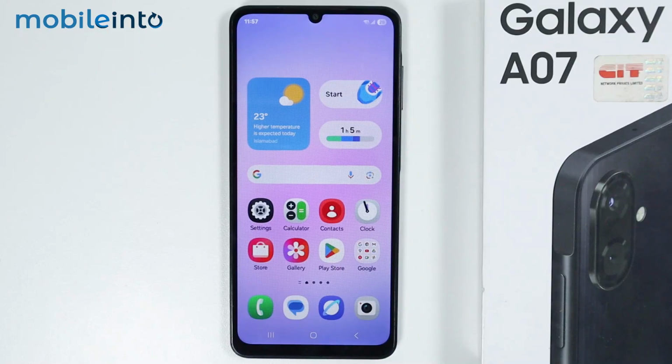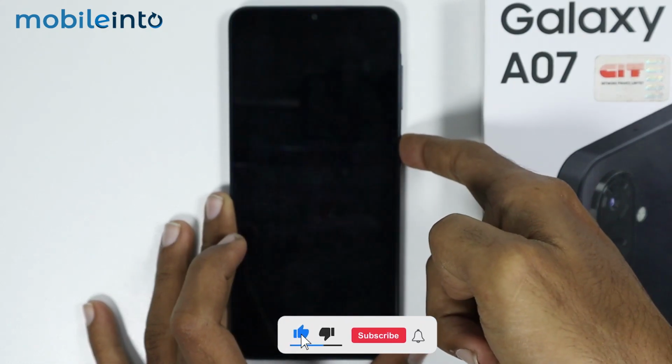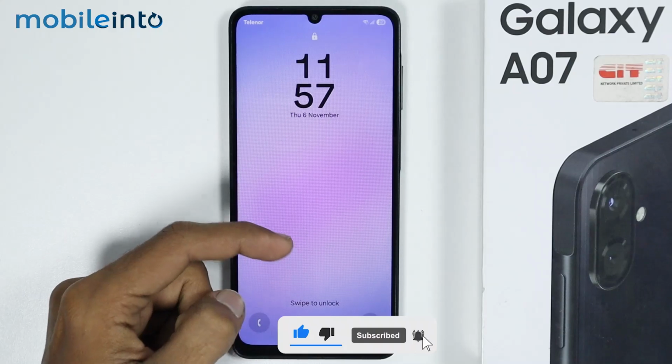Hey, what's up guys? So in this video, we will see how to change the charging animation on the Samsung Galaxy A07. Now, if you want to set a charging animation on the lock screen of your Samsung phone, first of all, just open Settings,